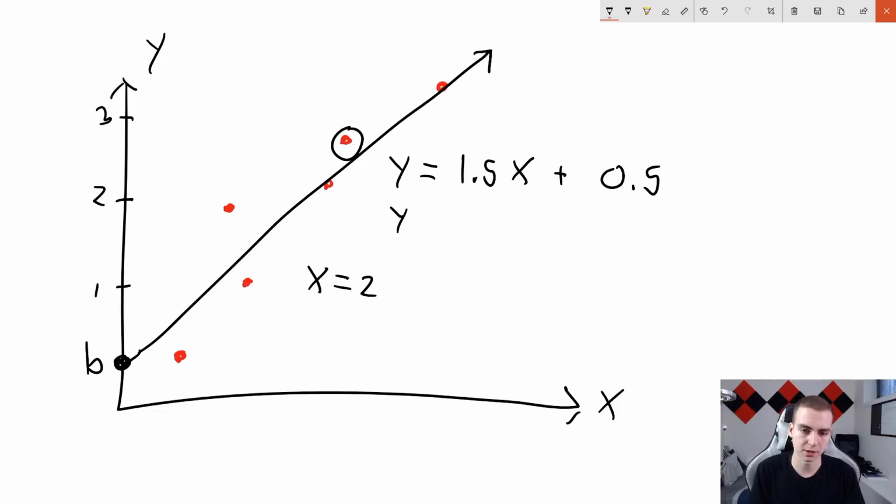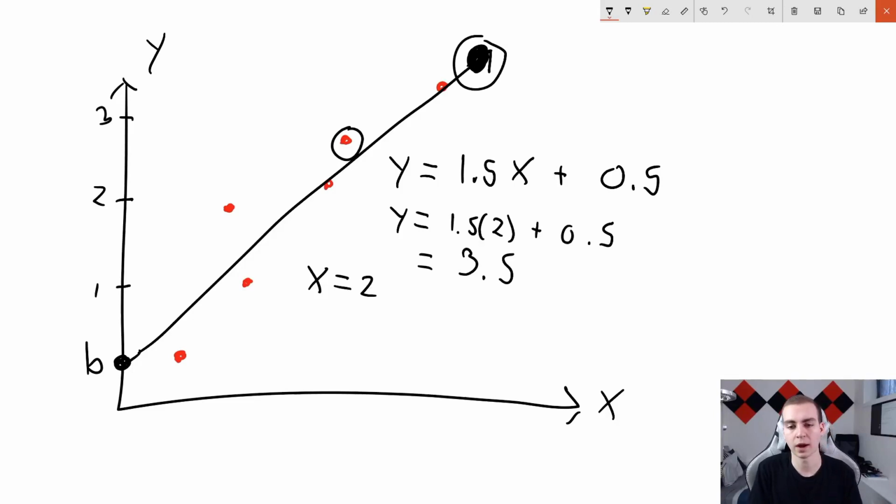So what I would do is say y equals 1.5 times 2 plus 0.5. Now, all of you quick math majors out there, give me the value of 3.5, which means that if x was at 2, then I would have my data point as a prediction here on this line. And I would say, okay, if you're telling me x is 2, my prediction is that y is going to be equal to 3.5 because given the line of best fit for this data set, that's where this point will lie on that line. So I hope that makes sense.